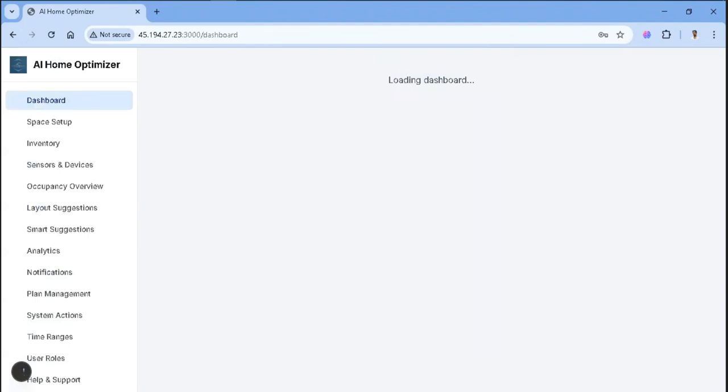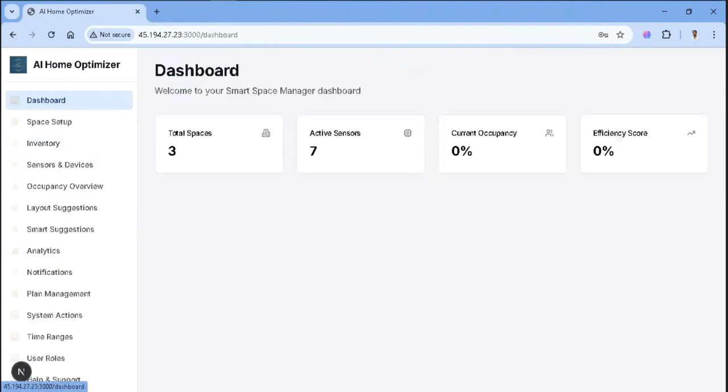Wanted building. This is the dashboard, and we want to describe the dashboard, space setup,